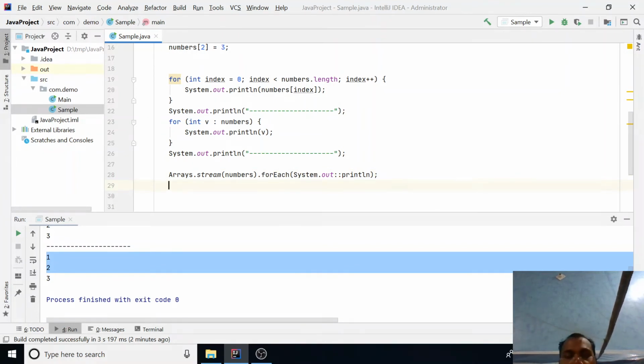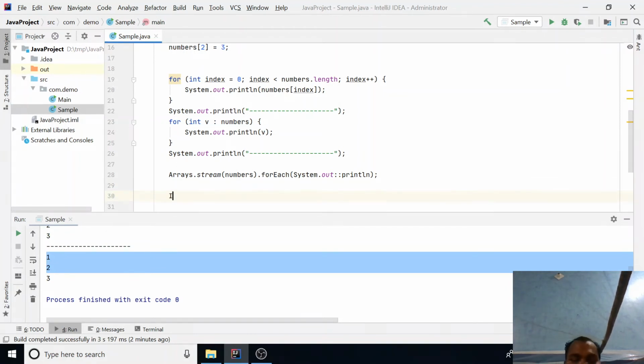While evolving, Java also provided another way instead of the looping concept. Let's say here I want to loop 1 to 10, or I want to print the numbers 1 to 3. So instead of initializing an array and looping over it, Java provides some specialized methods, specialized classes for you.